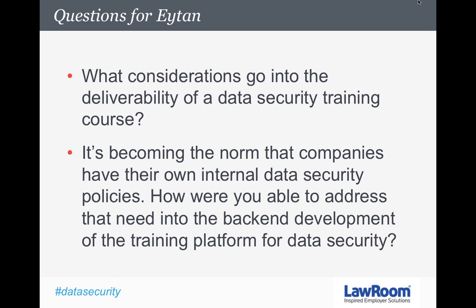So, I don't mean to diminish one or the other, but I just want to give context to what we've been talking about today, in that our expertise is in the deliverability and effectiveness of training. And certainly we have to get it right as it relates to learning objectives, and we have to get it right in terms of what is trained on. But for us, we don't do our job effectively if this isn't reaching 100% of your organization, if you're not getting 100% completion rate, if you're not getting tracking that shows people are going through this and not just clicking